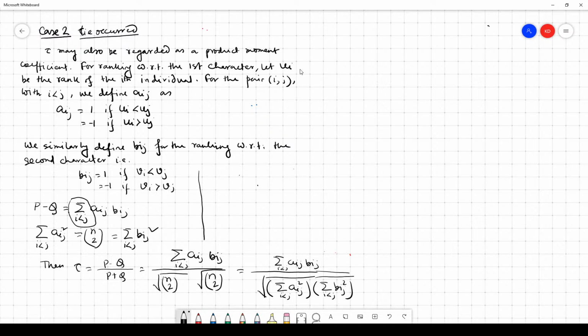So in case of tied rank, we proceed almost the same way, but now we take